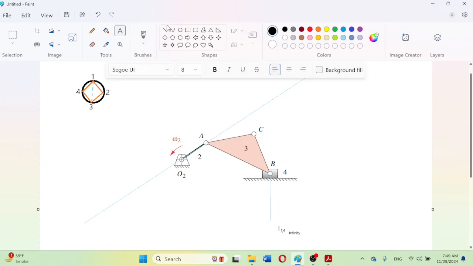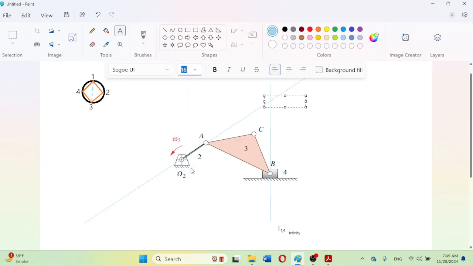So we will simply be extending the line here. In this orientation, just freehand I have drawn here. I am just explaining the method. So here the intersection is made, so here we can say that this is the instant center,